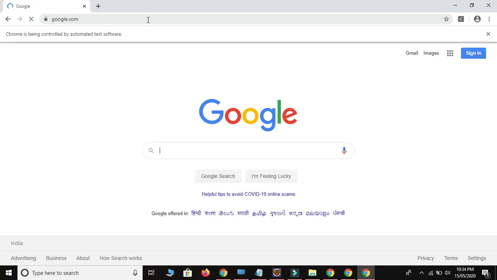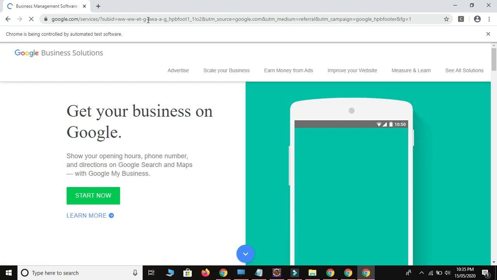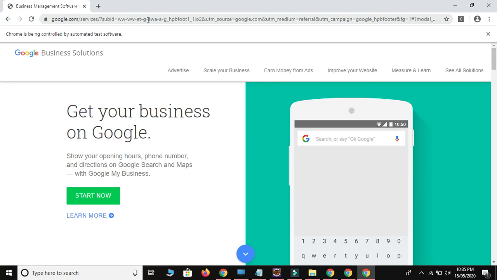Okay, the execution is started. It will launch the Google's home page, then wait for the 5 seconds and then click on the business. Just see. Okay, as you are able to see on the screen, it clicked on the business. Now after performing some action over here, my requirement is to again come back to our Google's web page.